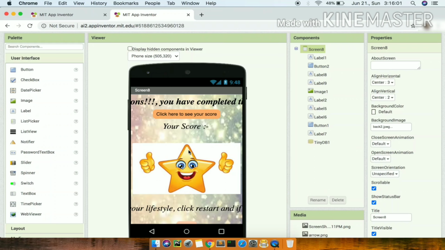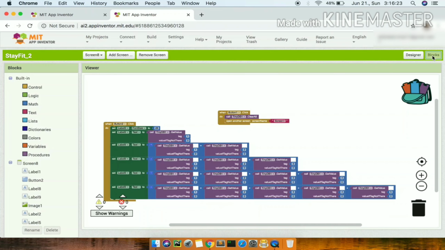We have a button, click here to see your score. So when button 2 dot click, which means when the click here to see your score button is clicked, set label 9 font size to 28.